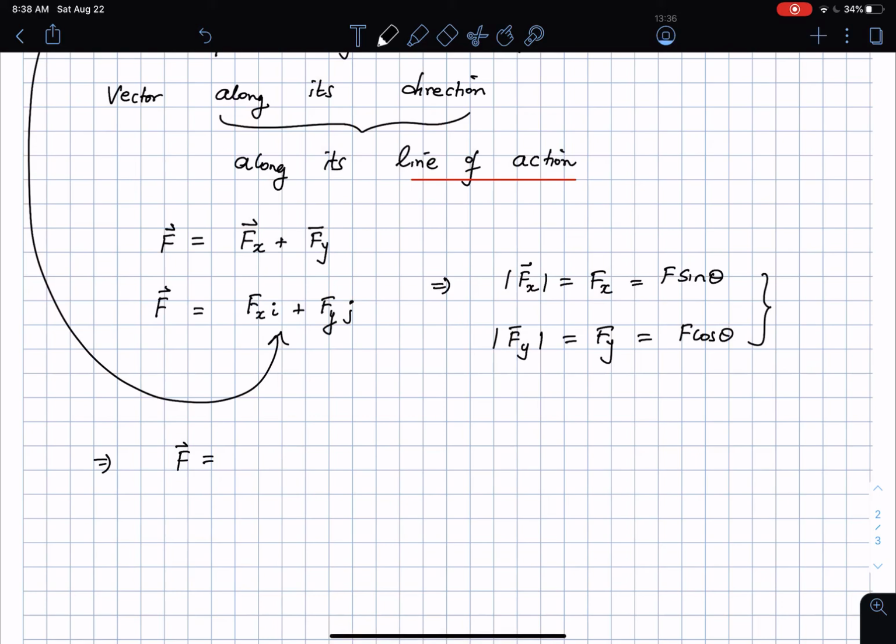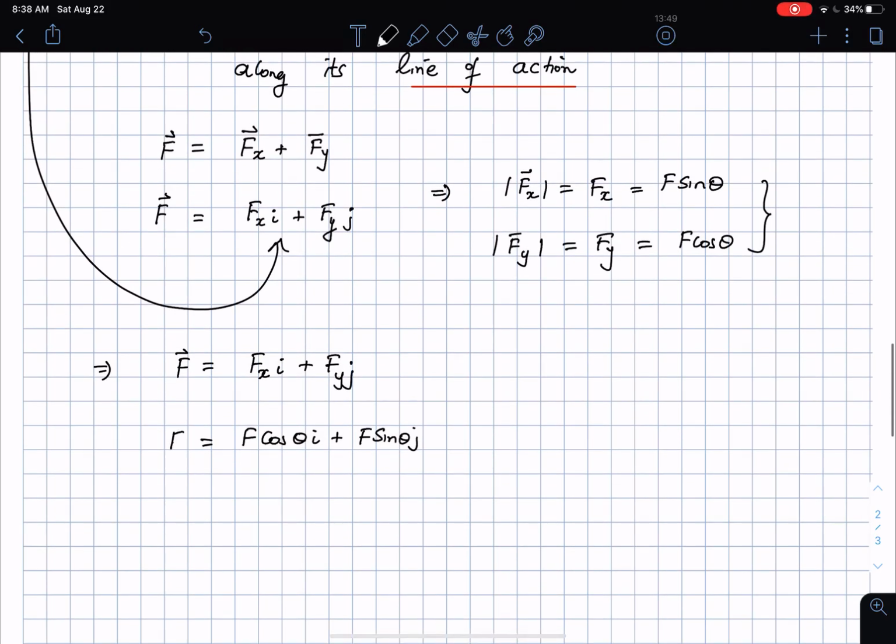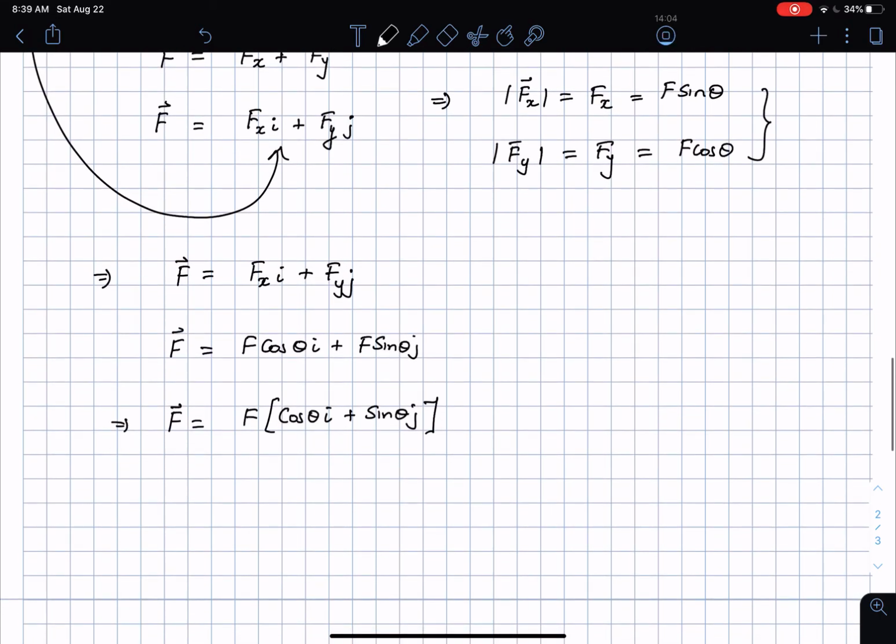Which means that the vector f, which was originally fx i and fy j, can now be written as f times cos theta i, f times sine theta j. But f is a common factor, so I can take it out, which means that vector f is f times cos theta i plus sine theta j. And you see now that this is of the form